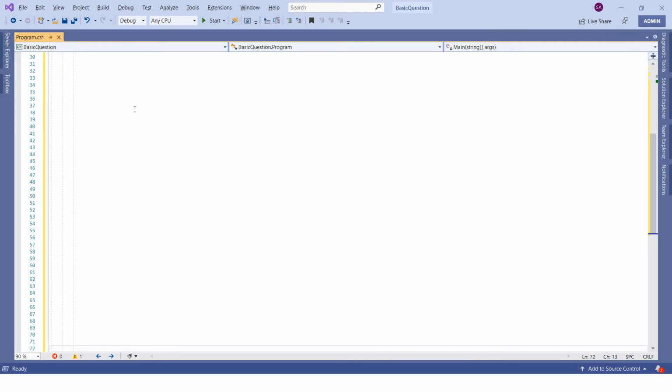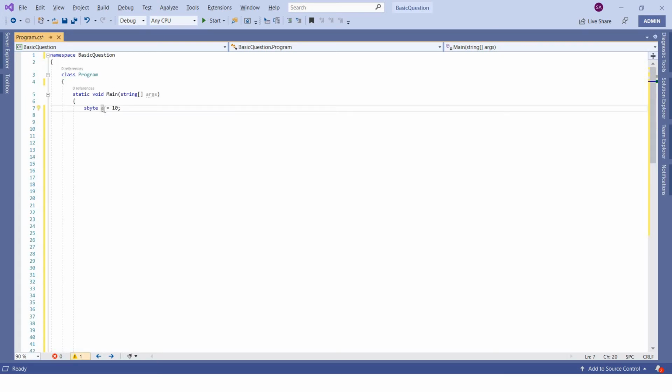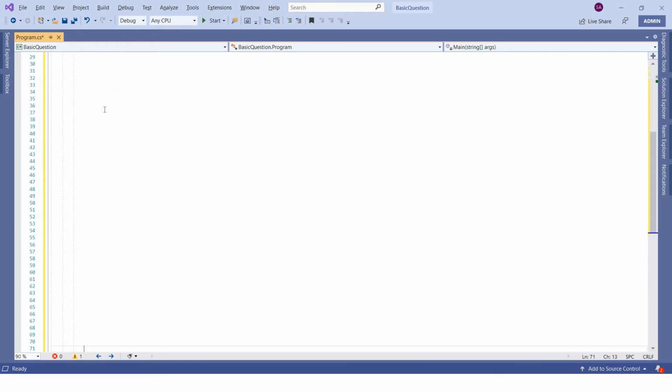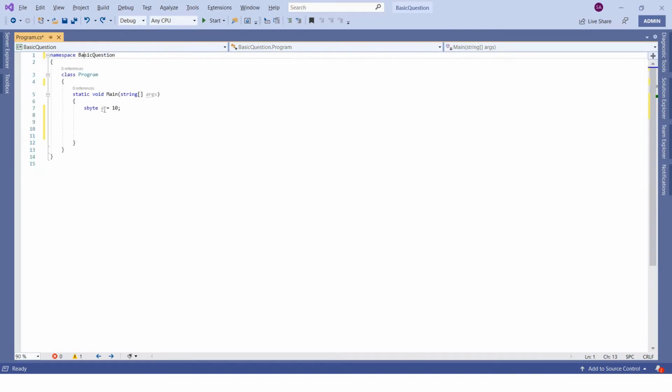You will have to go up and see what that variable is, because the name is not descriptive. It does not give you an idea what kind of variable you are declaring. So it's always best practice to give a meaningful name to a variable. That's why instead of a we'll always give a meaningful name.